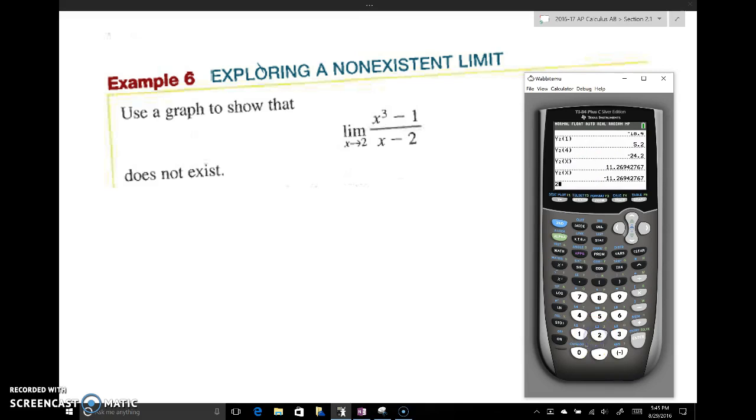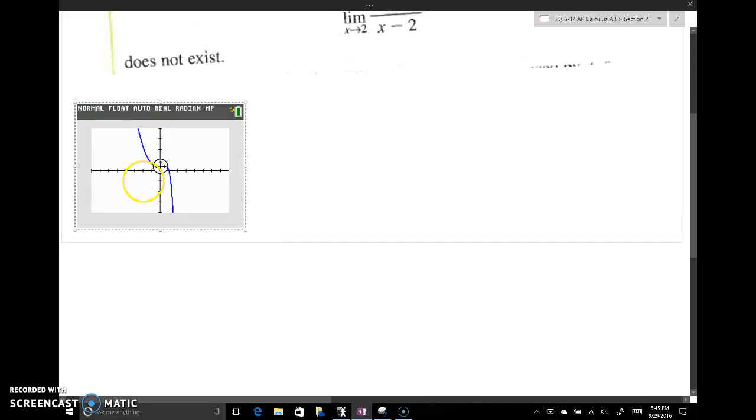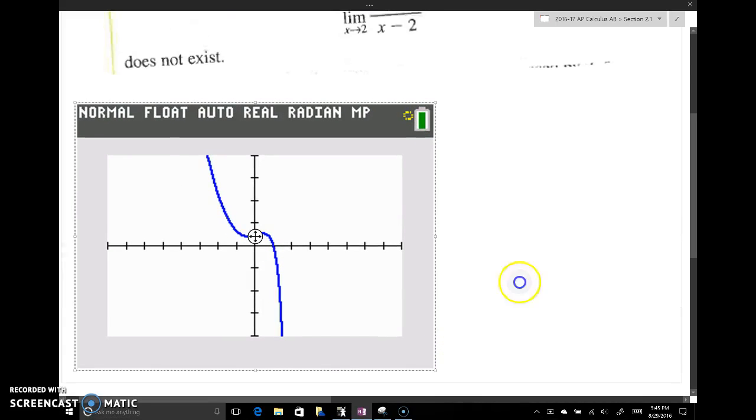Okay, so let's look at what our window's set at. So let's change this. We'll do just nice increments. We'll do -8 to 8, and let's change by 1 and just see what that looks like. So this here